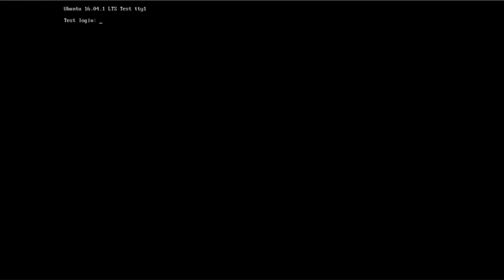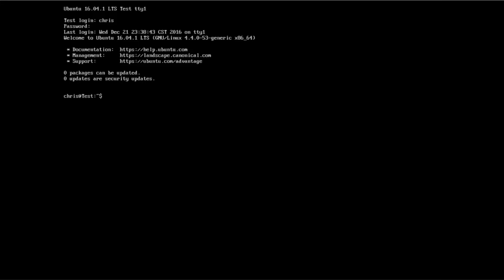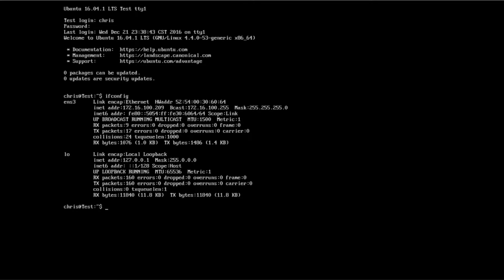Okay, so we're going to begin right off the bat by logging into our system. Now, first things first, we got to know what the interfaces are for our system, correct? In order for us to find that out, we're going to issue the command ifconfig, and it's going to give us a printout of all the interfaces that we have that are active. On this system we have two interfaces that are active: our ENS3, which is our physical Ethernet link,